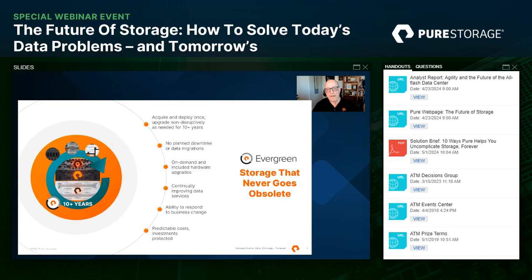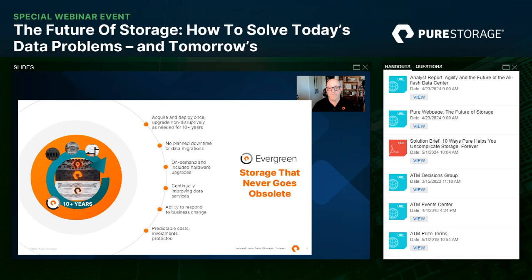It's what we baked into the architecture from the very beginning, and it's throughout our entire storage platform so that you can upgrade without downtime and without the downside of it. But it also is continual improvement. That means that, from both a hardware and software standpoint, you can continually upgrade your storage over time. So it actually gets better over time, and you can do this for 10 plus years because that's how we've designed it.